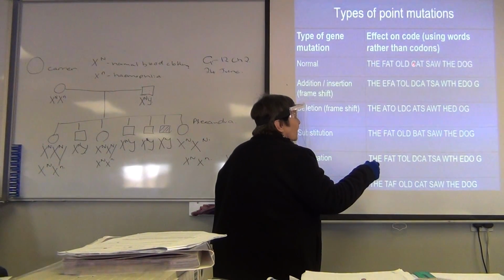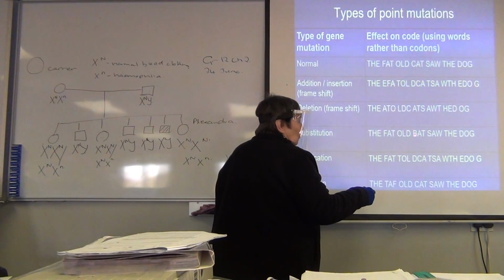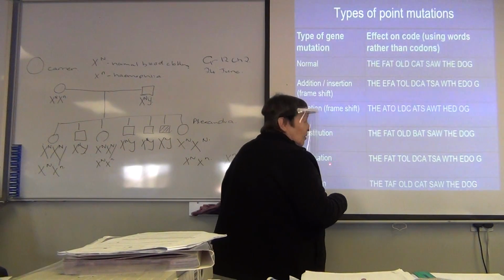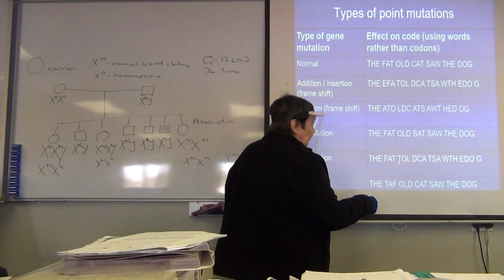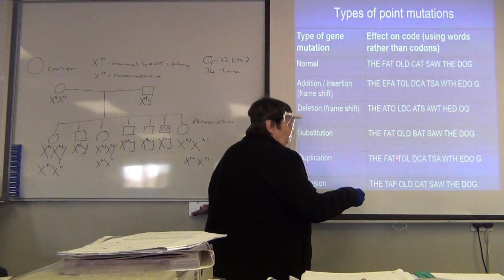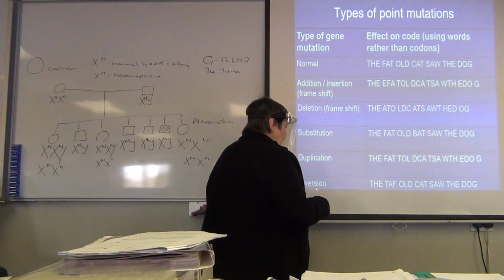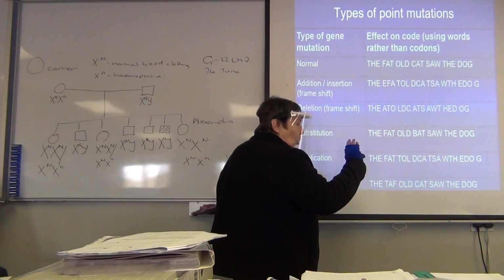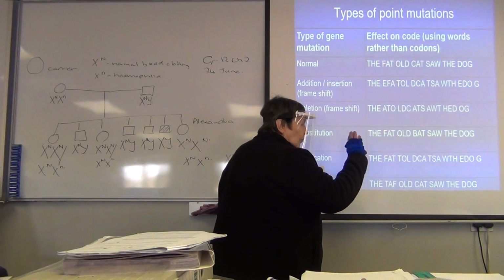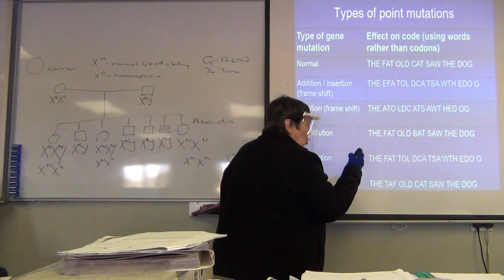So C was substituted by B. Let me finish this one and then you can do it. Duplication would be an extra, so the fat, and there was a duplication of the T there. And an inversion here, it was a whole 3 nucleotides